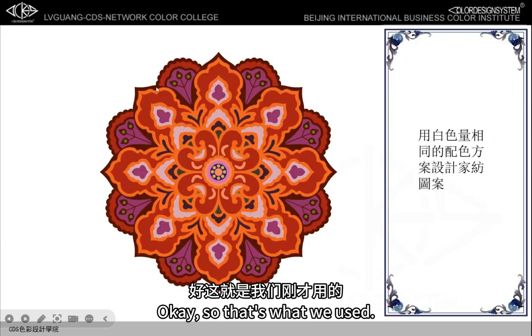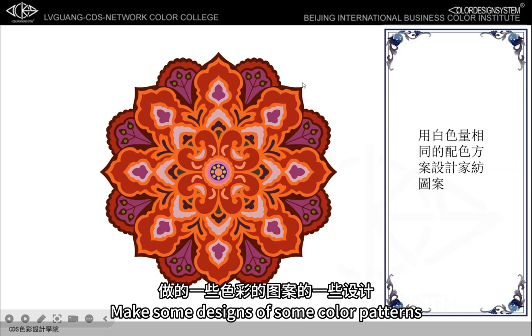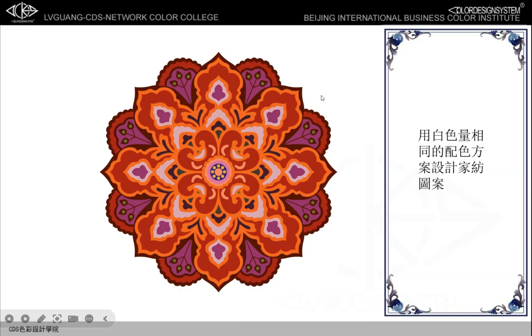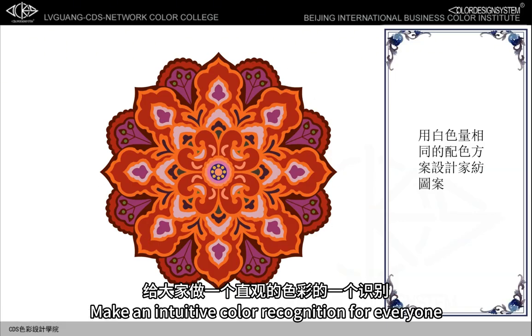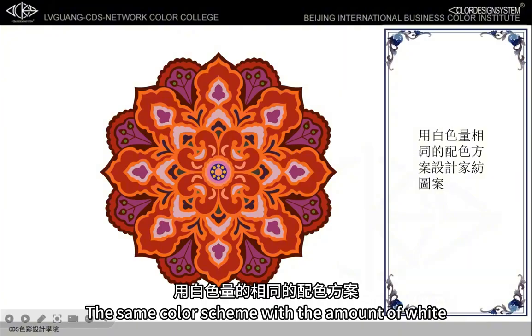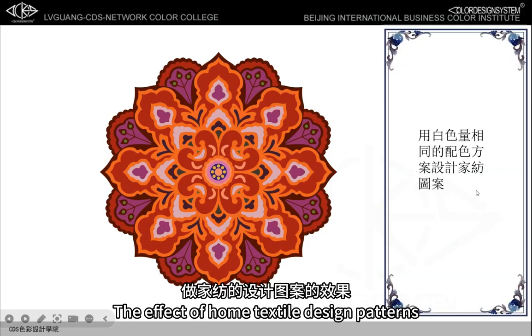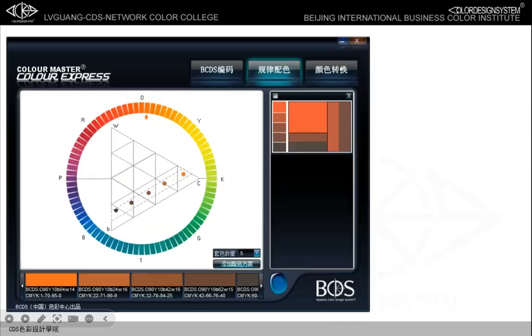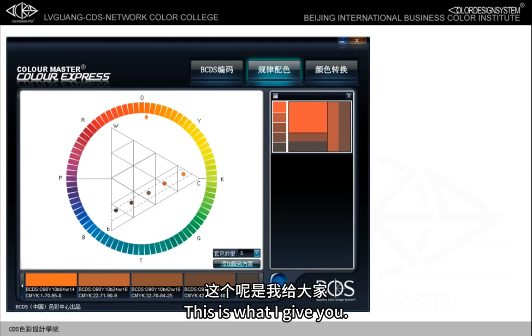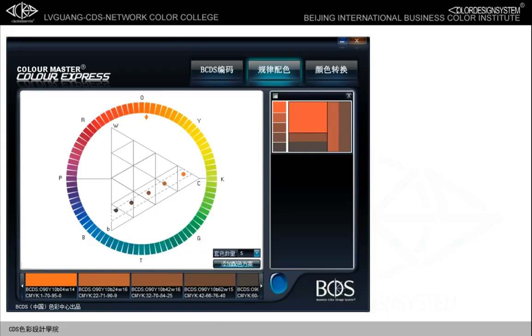Okay, so that's what we used. The color of tomatoes. After extraction, make some designs of some color patterns. Make an intuitive color recognition for everyone. The same color scheme with the amount of white. The effective home textile design patterns. This is what I give you. In our previous color schemes,